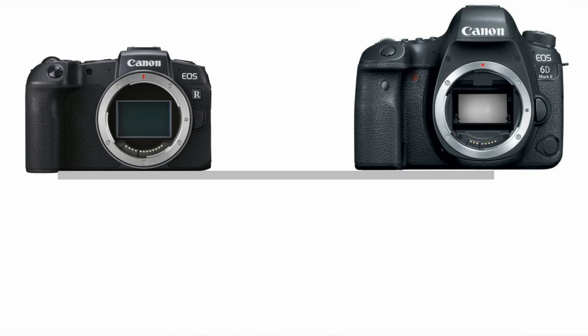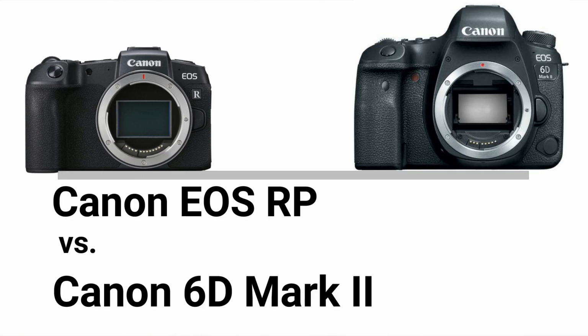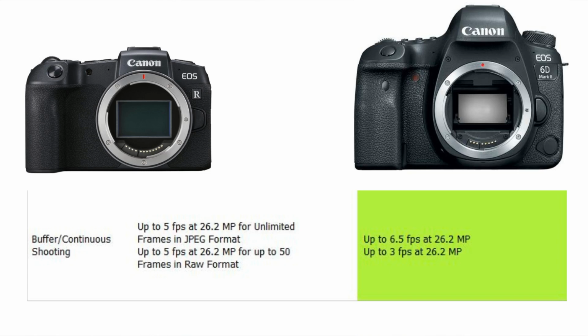Okay, let's do a quick comparison between the Canon EOS RP camera and the Canon 60D Mark II camera. The Canon 60D Mark II camera is more than 1 year old and it carries an older image processor, the Digic 7. Despite that old image processor, the camera is able to shoot faster frame rates. You're not going to believe me, but it is true that the 60D Mark II camera is able to capture